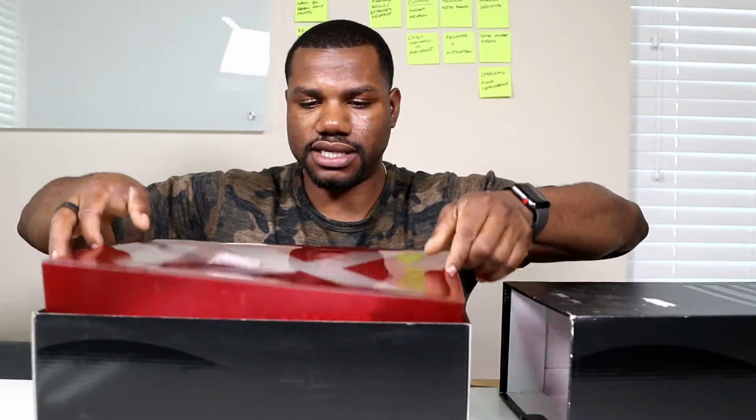All right, so last but not least, this is the last pair that I'm going to resell, or I'm probably not going to wear. I actually got these from a reseller. Again, they've never been worn. And this box is a little different. These are Jordan 11s as well, just a different colorway. They used to put the Jordan 11s in their own special box, which is what these are in, but starting this year they stopped doing that. They're all just coming in the regular Jordan box like you guys saw on the first one. So boom, that's nice, right? So these are the Jordan 11s, and this model here is,